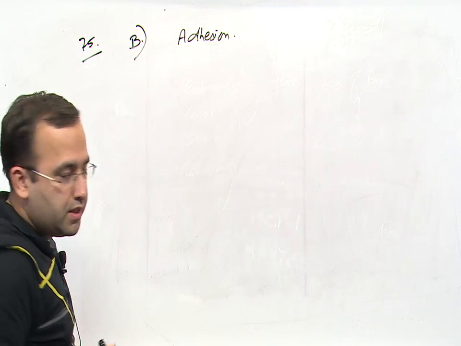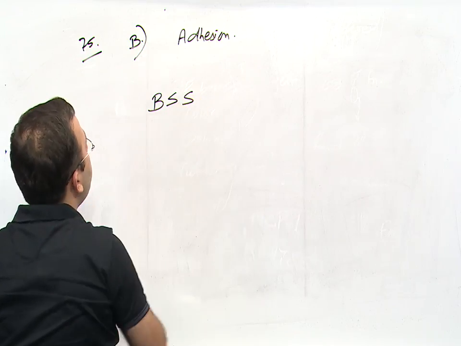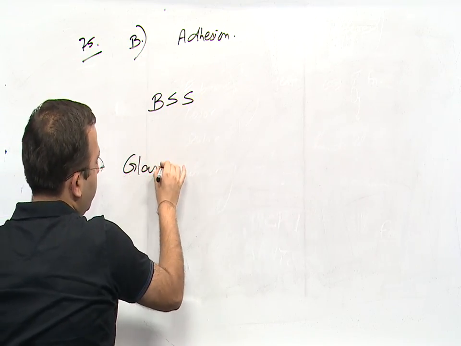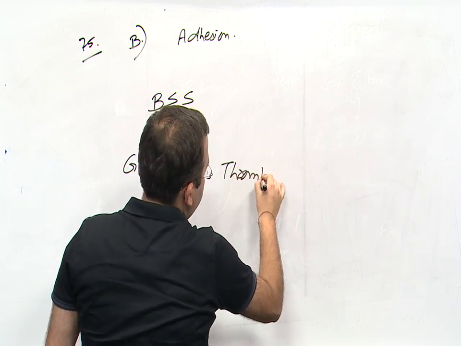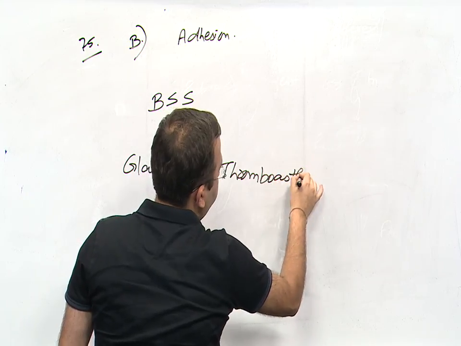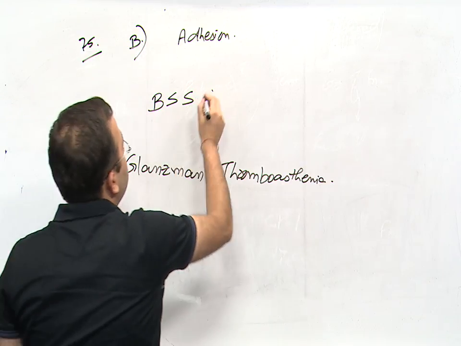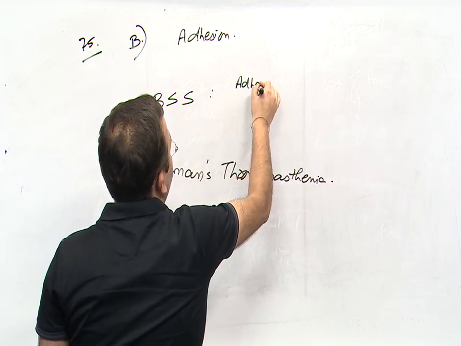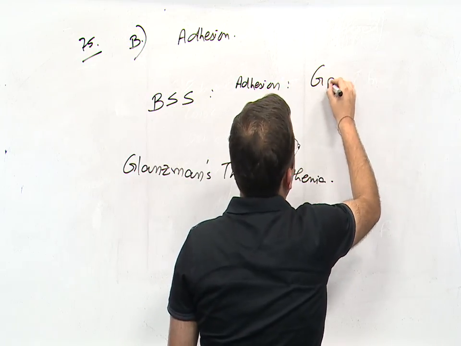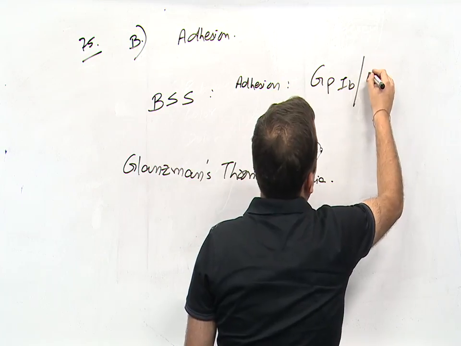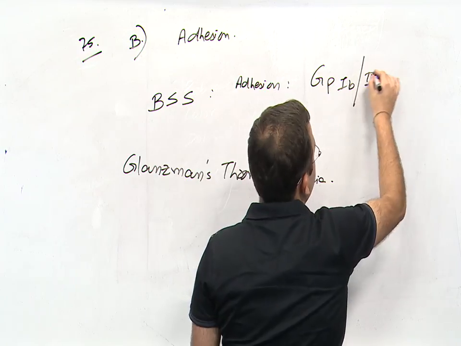There are two diseases associated with this: Bernard-Soulier syndrome and Glanzmann's thrombasthenia. Bernard-Soulier syndrome, or BSS, is a defect in platelet adhesion, because this is a defect in the GP1B-9 complex,